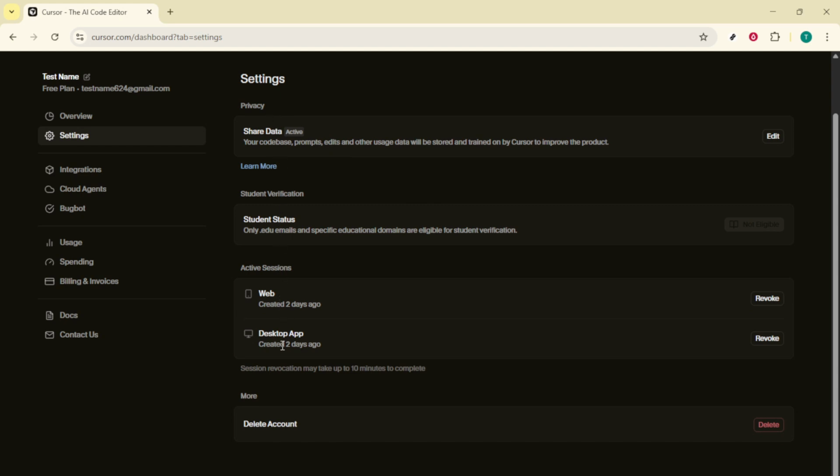Within settings, scroll down until you see a section labeled Active Sessions. This area lists the devices and browsers currently signed into your account. You'll usually see details like the platform, approximate location, and when each session was last active. Take a moment to review this list. If something looks unfamiliar, maybe an old laptop, a shared computer, or a location you don't recognize, it's a good